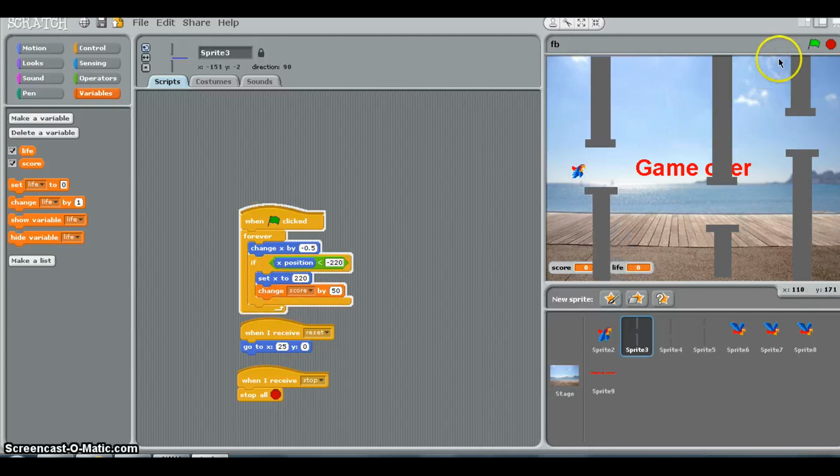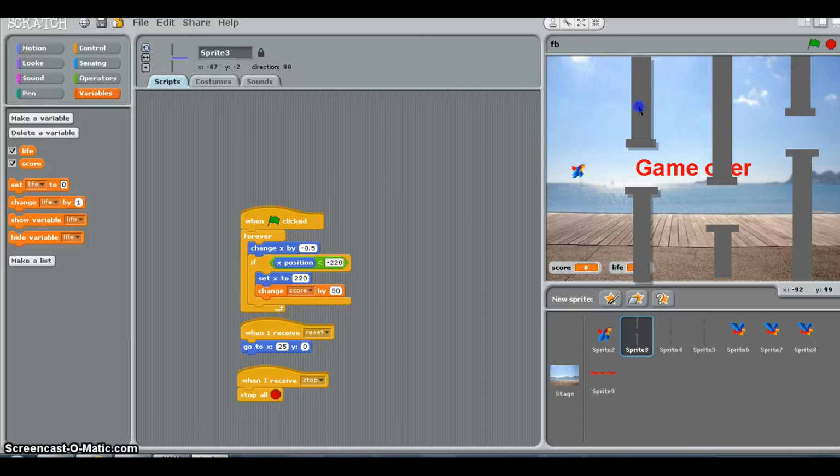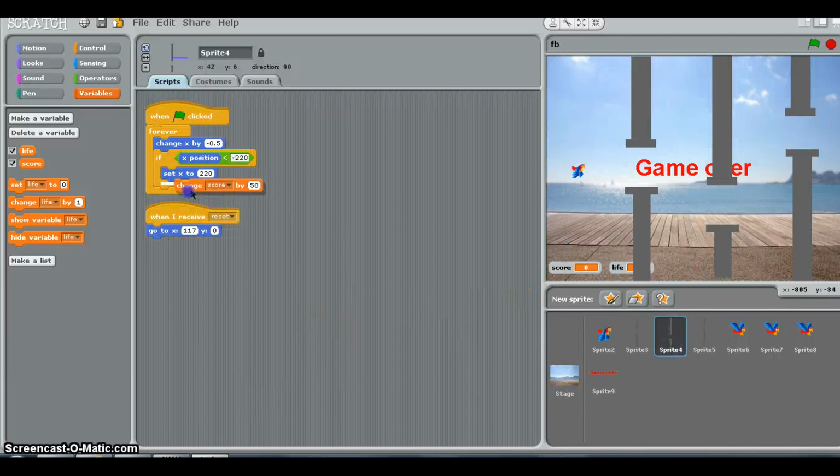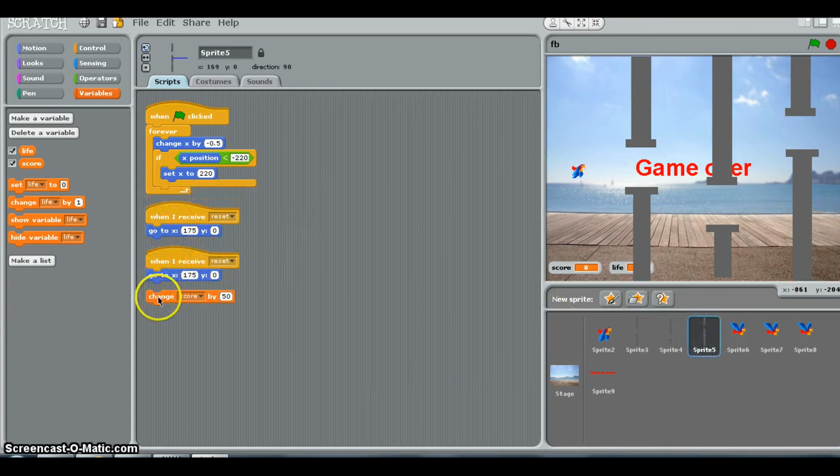Actually, I'll stop this code. I'll put it back here. I'll duplicate this and I'll leave it here. I'll put it in sprite 4 and sprite 5 and I'll delete here. Sprite 4, got this one, I'll put it underneath here and I'll go sprite 5. I will put it here. Now our game is done. I'll go press enter